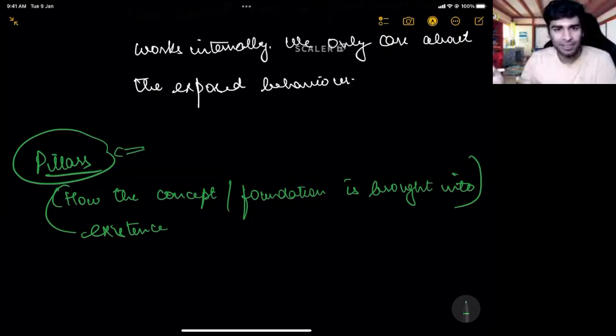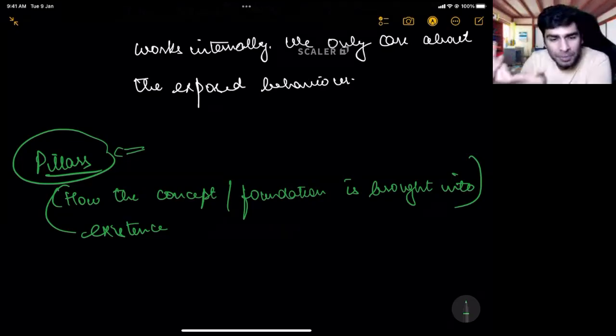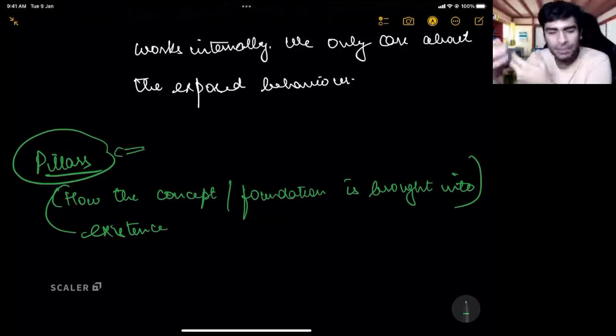This is the meaning. The foundation is abstraction: in object-oriented programming languages, I will have abstraction. But how will you code and work with that abstraction? There have to be some language constructs that allow you to do that.